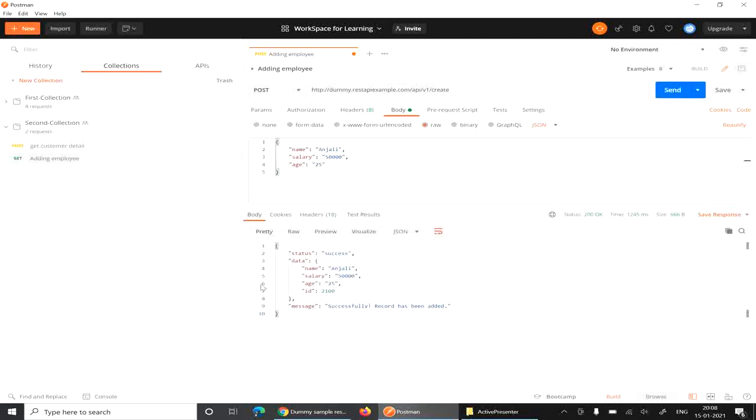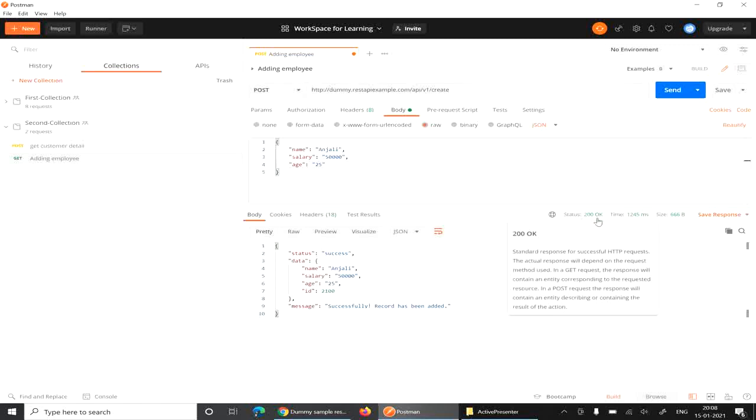Now you can see in the response body the status is successful, and the name Anjali and salary are all created here, and the ID is generated automatically, along with the successful message that the record has been added. Here you can see the status code, a 200 status code.